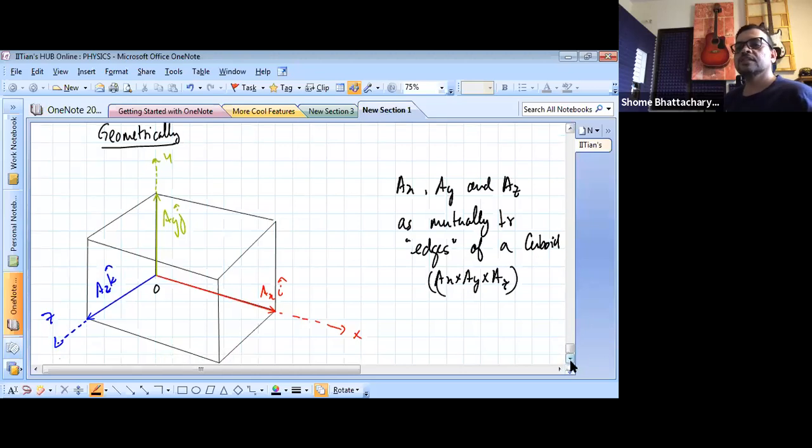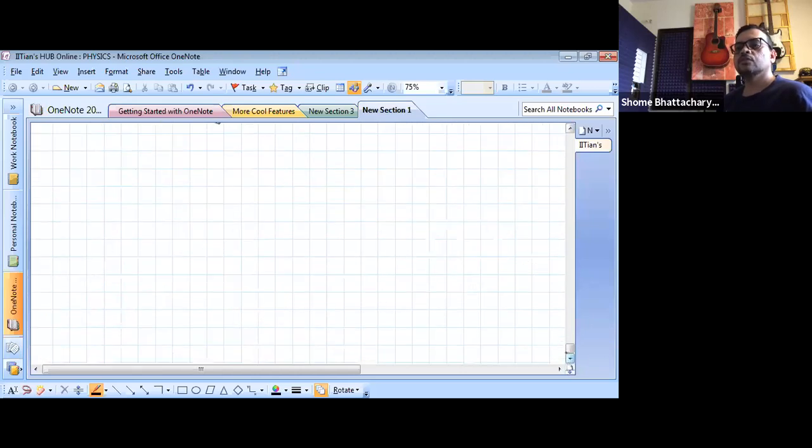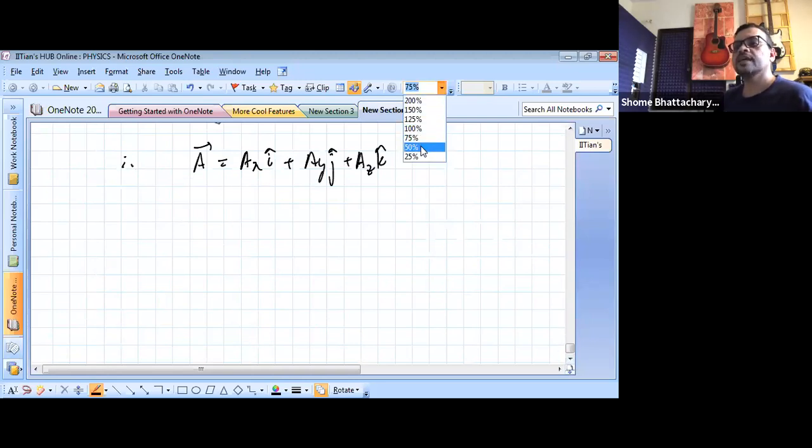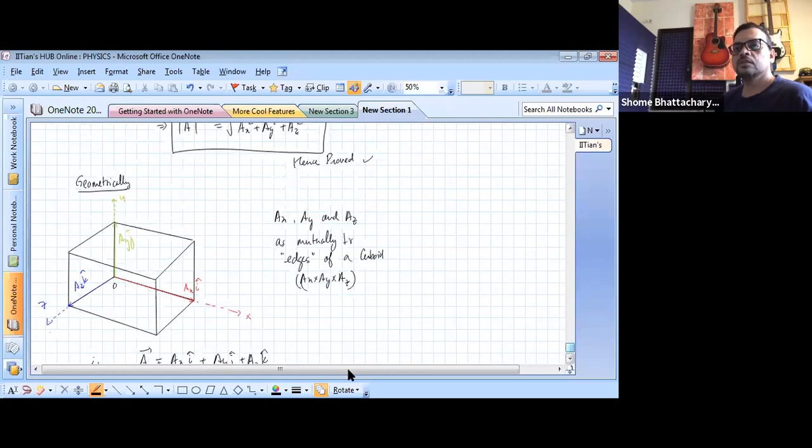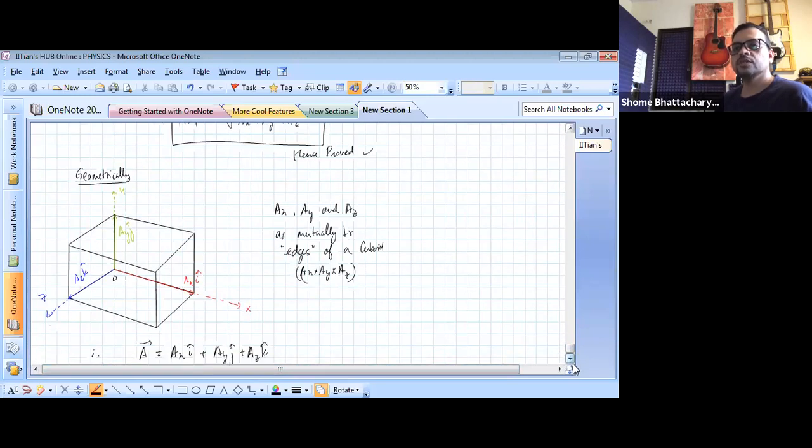So then you will see that the vector which is defined as the sum of Ax i cap plus Ay j cap plus Az k cap, if you want to understand what that vector is, you will see that it will become the body diagonal of that particular diagram. Now in this, if you want to understand what is Ax i cap plus Ay j cap plus Az k cap, so what you can do is,